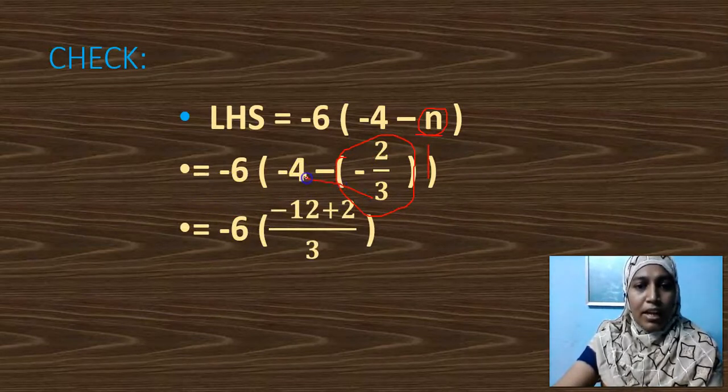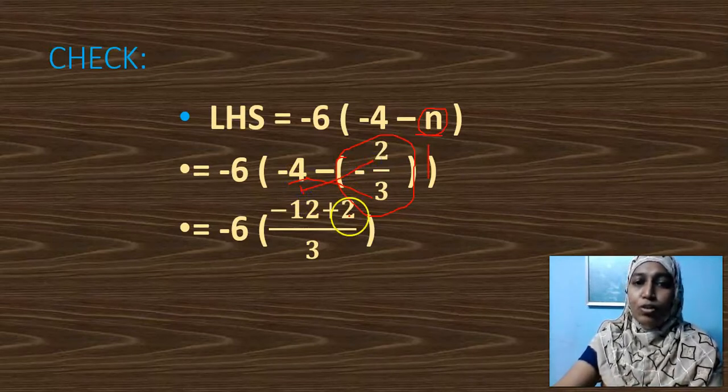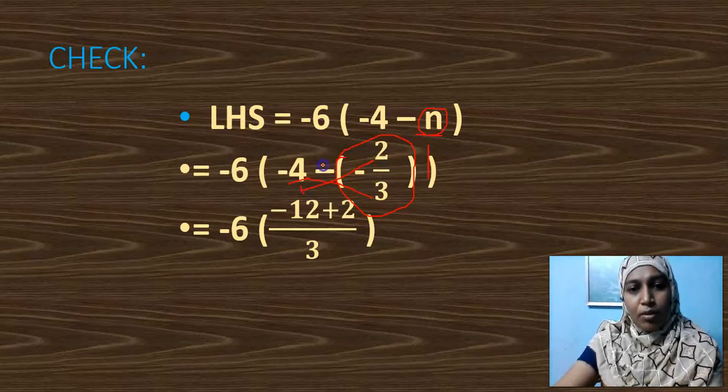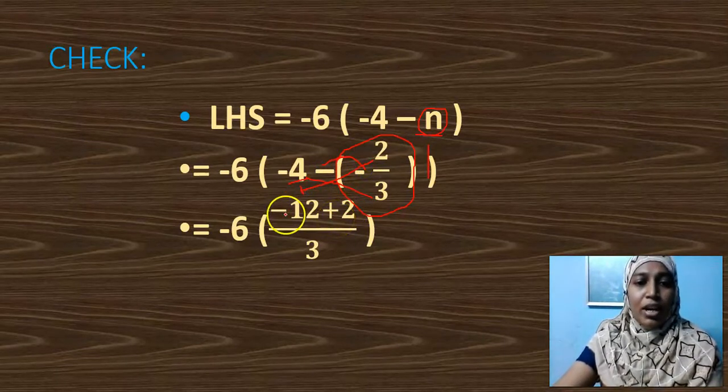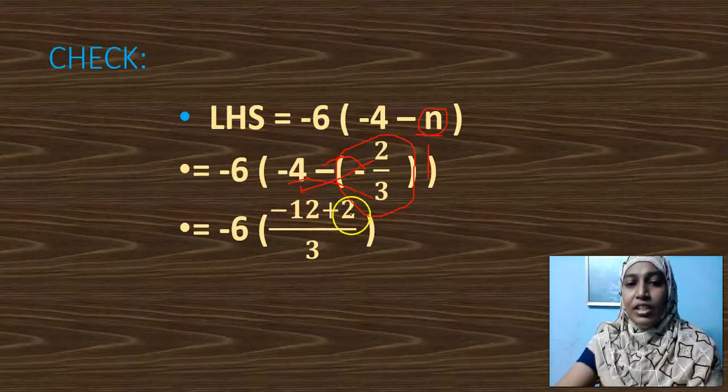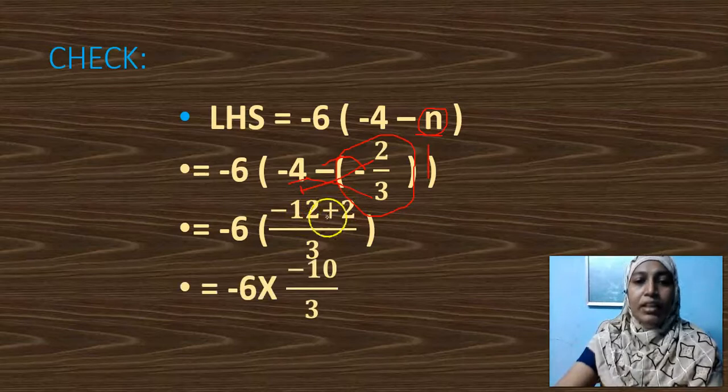Cross multiply. Minus 4 into 3, minus 12. Again, what is there in the denominator here for 4? 1. So I have to multiply 1 and 2. 1 2s are 2. What about that sign? Minus into minus, plus sign. Okay children. So minus 12 plus 10. Different sign, subtract. So minus 10. Bigger number sign. Minus 10 divided by 3.